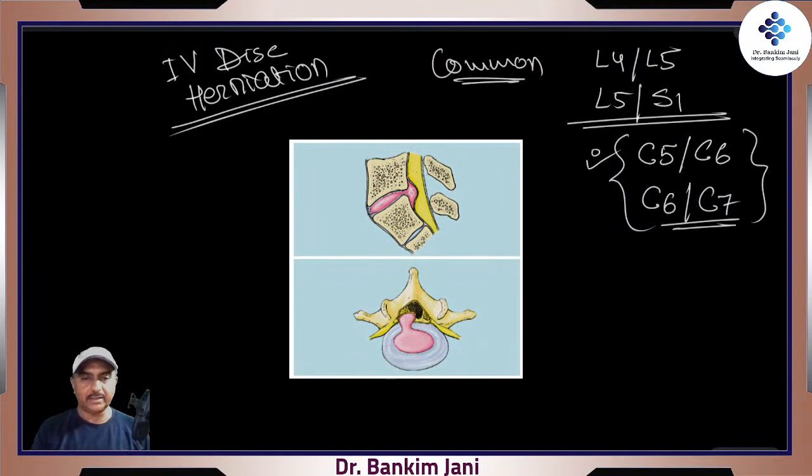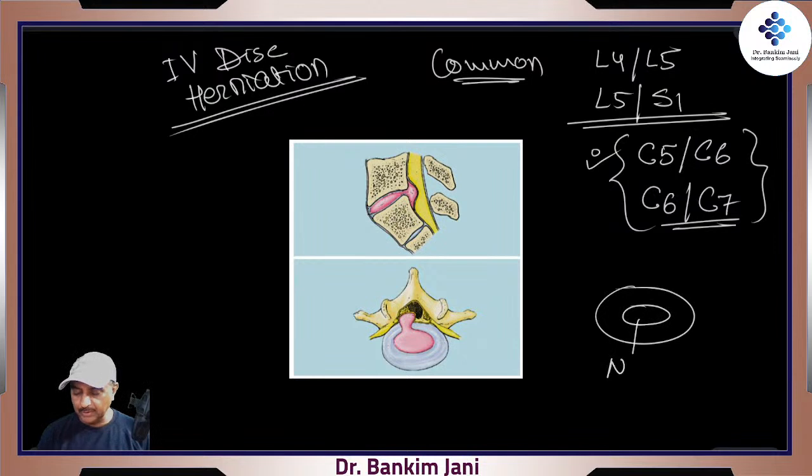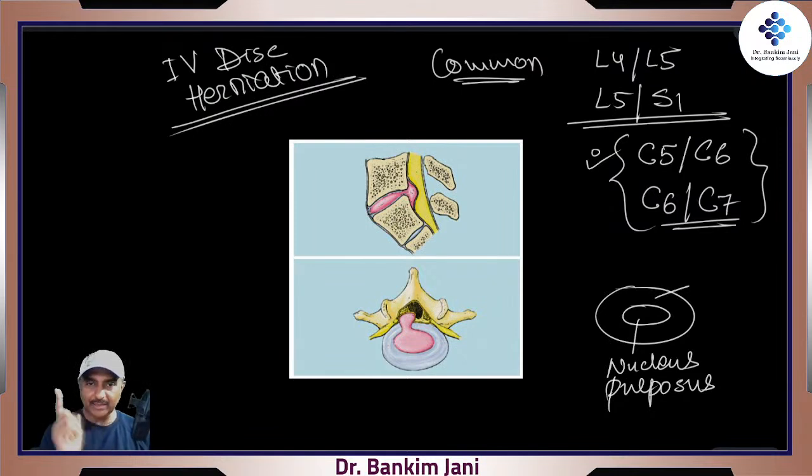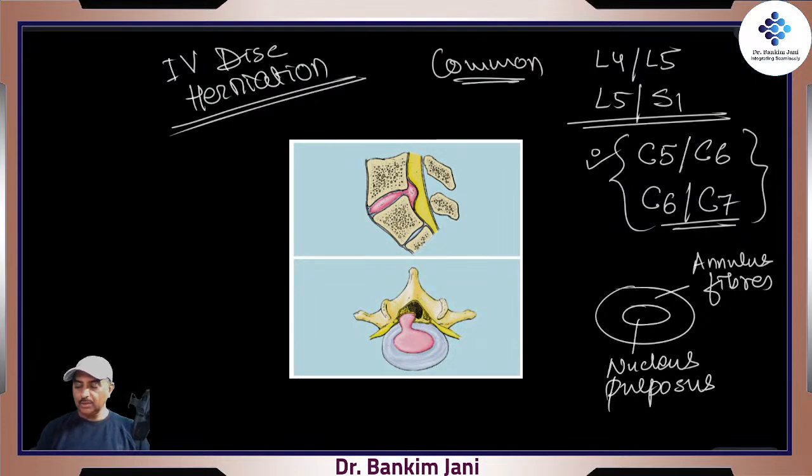What exactly is herniation, right? The key word is, see, we learned in anatomy that this is the intervertebral disc. This one is what? Nucleus pulposus, because it is pulp-like, it is soft, right? And surrounding is annular. Annular means circular, right? So these are the annulus fibers, right? So when these fibers are degenerated, so any of the degenerative changes,